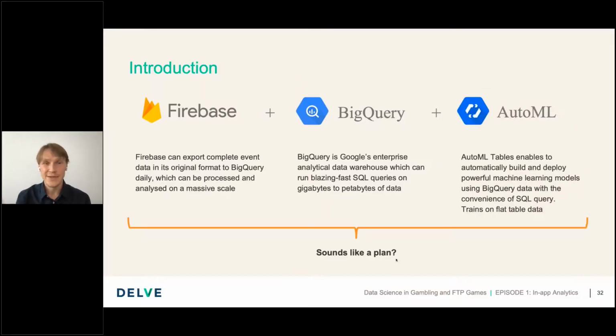Since Firebase is only able to analyze events one by one in the traditional way, we may play a different scenario here. We know that Firebase can be directly connected to BigQuery. It's a Google warehouse database capable of analyzing petabytes of data, and very quick. And it also has a direct connection to AutoML algorithm.